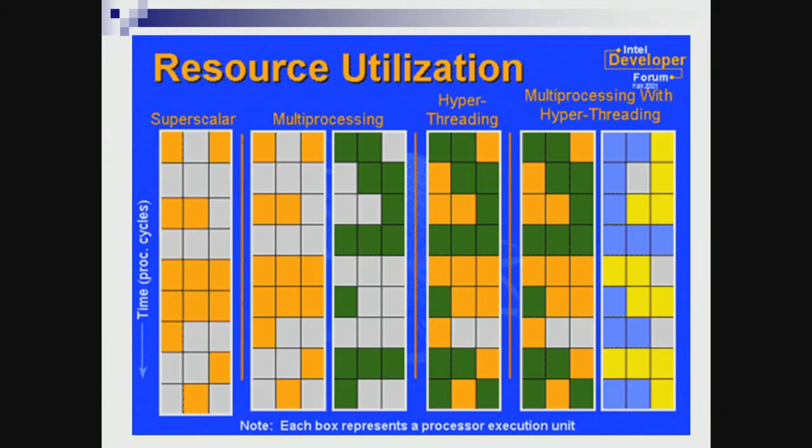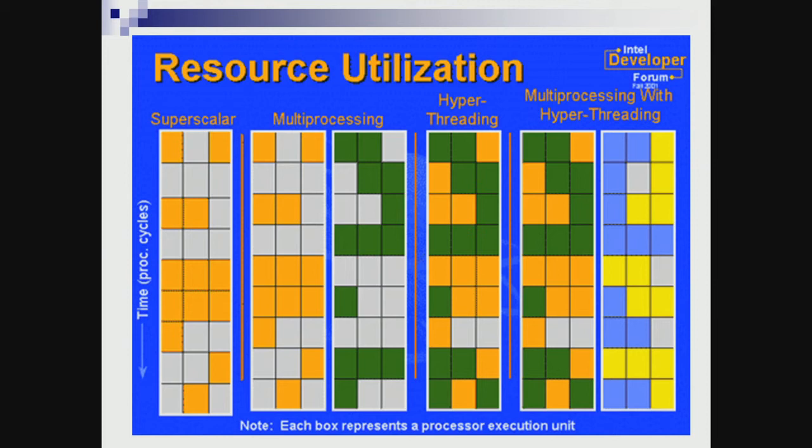So this is a graph actually. Whatever you see on the y axis is the time, and whatever you see on the x axis is whether a particular unit is occupied or not. As you see, we have already seen a superscalar. Let us assume there are 3 units inside the superscalar processor. In the first cycle 2 of the units are occupied, 1 is empty. In the second cycle all the 3 are empty, in the third cycle 2 are occupied, and so on. I am showing on the leftmost side just the superscalar. Only one process, the orange process, maybe you see it as yellow, something yellow orange type,